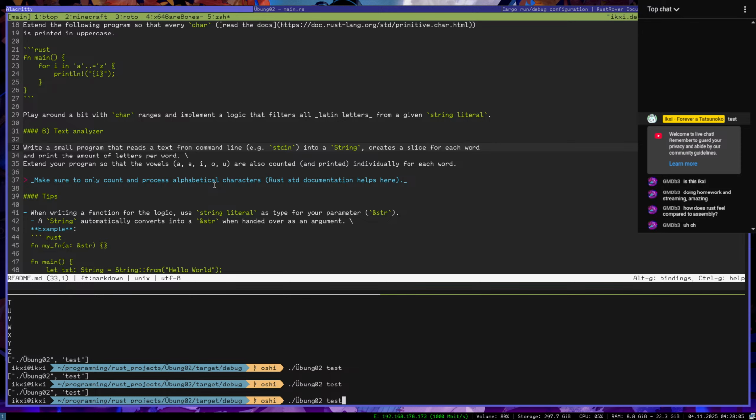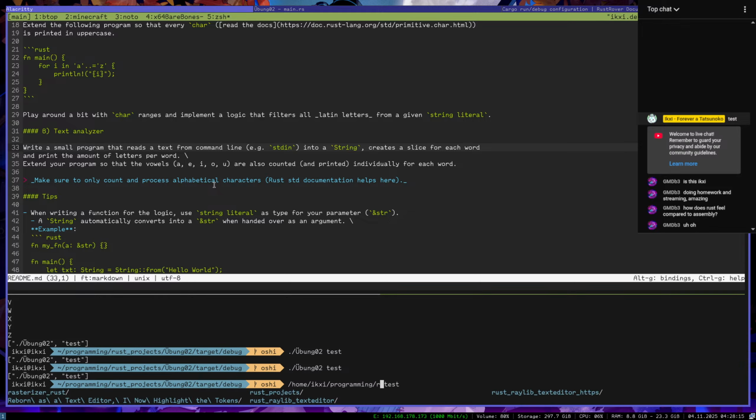And then test. What if I, instead of like this, do a home XC programming Rust projects target debug. Okay, that's basically the execution path.